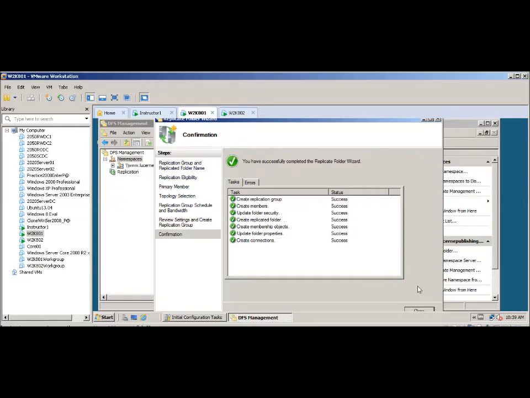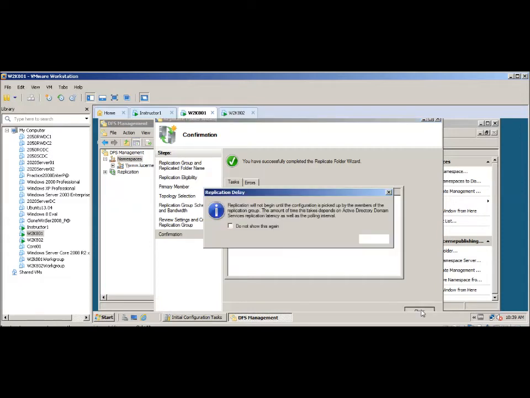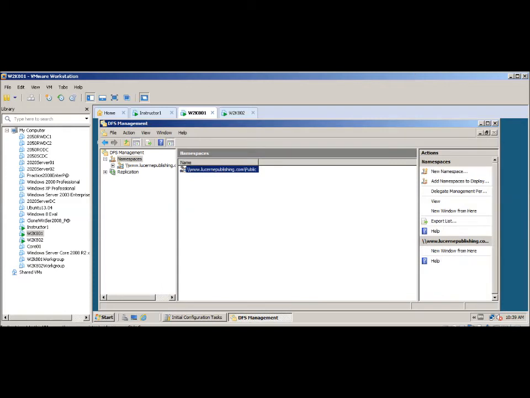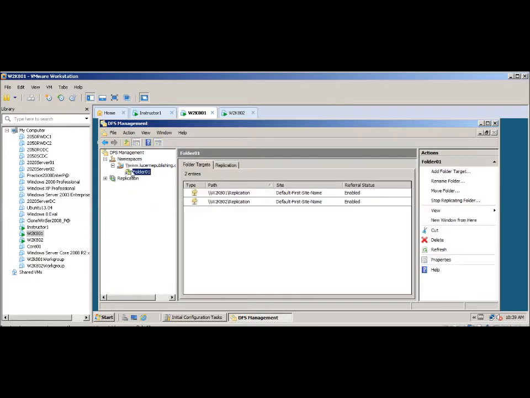It's completed there, and let's just do a close. Replication will begin when everything gets completed there, so we'll say OK there. If we need to look and see what all we've done in the DFS management snap-in, we can click on the plus there, and there's our folder 01. If we click on it, it should show us our two targets, 801, here's the folder, and 802 in the folder. Now let's go down here to replication,